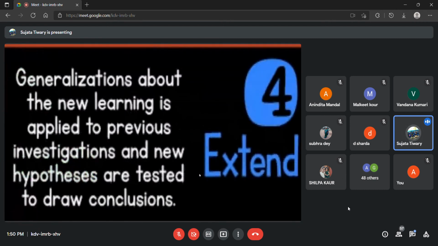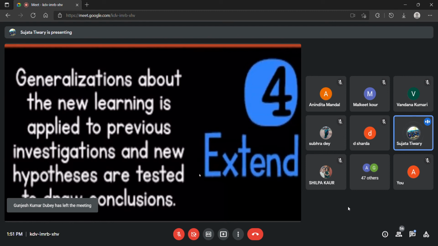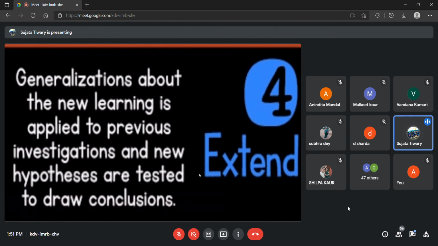Now the fourth one is extending. Now they are generalizing that in flowers some parts are reproductive parts, some parts are for protection, like the petals and sepals. Now they are generalizing it to different situations in different flowers, and coming up with different ideas and concluding. Now they are very thorough that this flower has these parts and these are the functions of this flower.